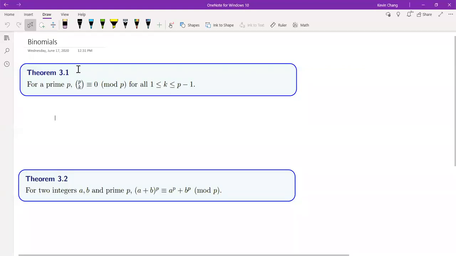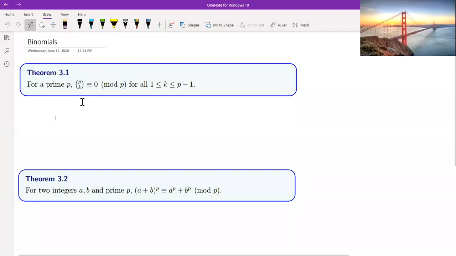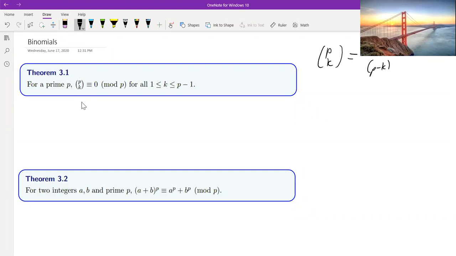And so we're going to talk about binomials now. If you're not aware what a binomial is, the expression p choose k, let's just assume these are two random variables for now, is going to be equal to p factorial divided by p minus k factorial times k factorial. In terms of combinatorics, it's how many ways you can choose k items out of p total items,